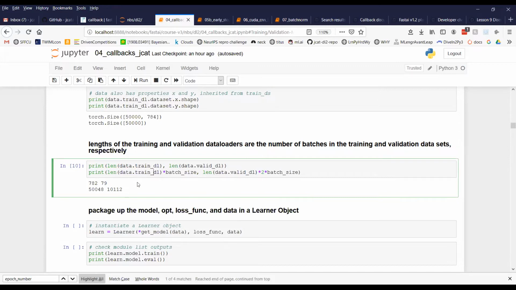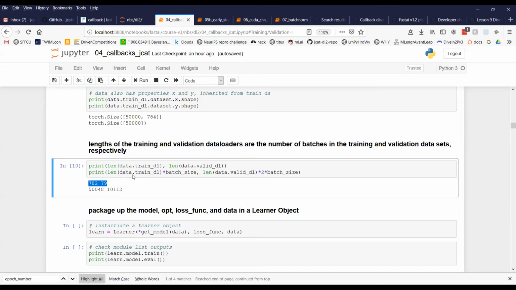I think you can go ahead and even do data.trainDL dot. I think there's a data set functionality also there, because that's how you built it out. I don't remember what the dot is though. I think it's a dot X or a dot TSX. No, the train DS has X and Y in it. But this is just to show you